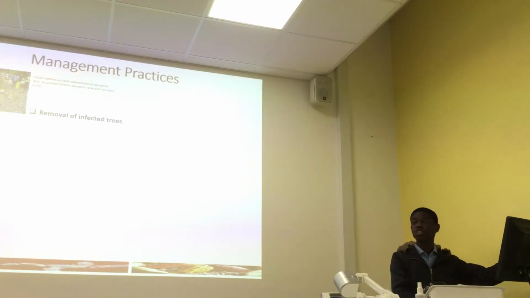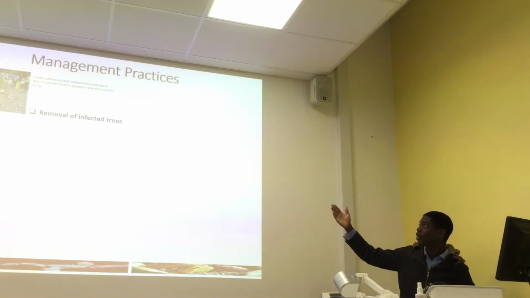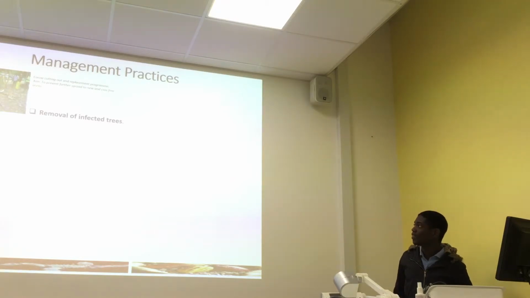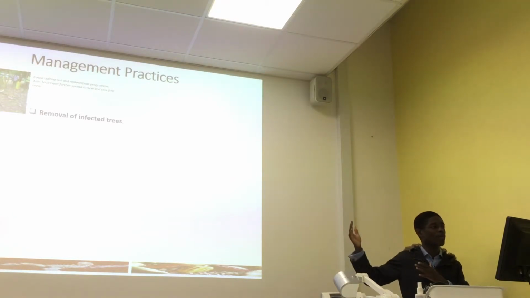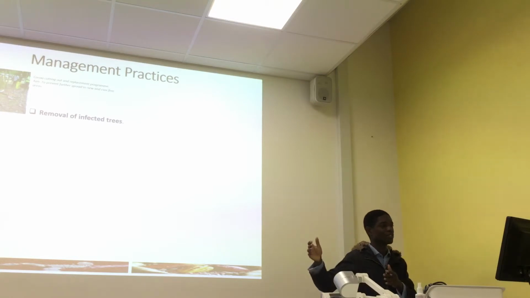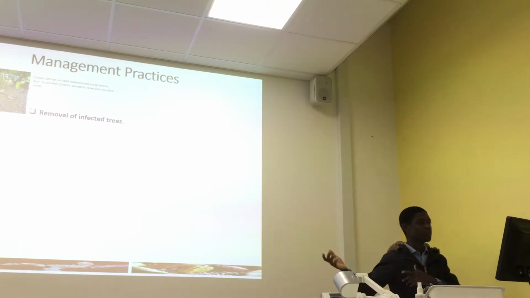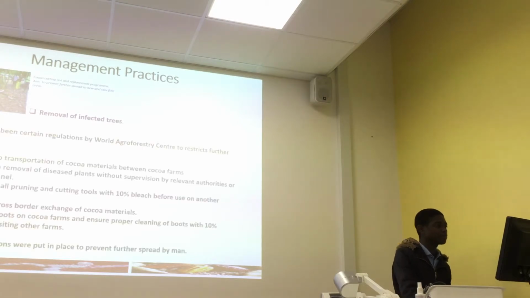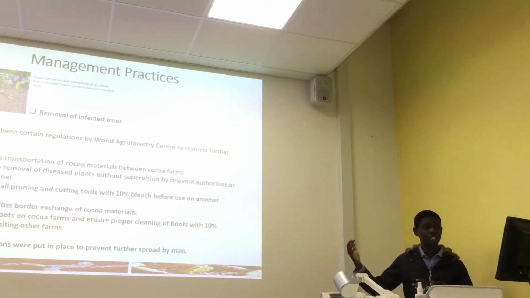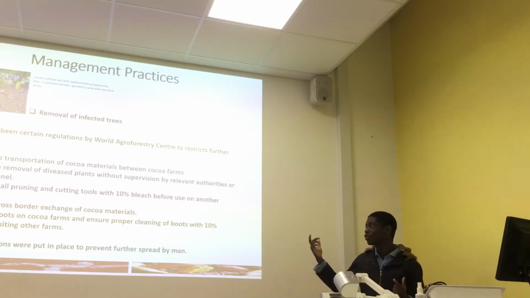This is a picture showing the cocoa cutting out replacement program in Ghana. The aim of this program was to remove infected trees so as to avoid further spread to areas that are free from this disease. There have also been certain regulations by the World Agroforestry Center to restrict further spread of